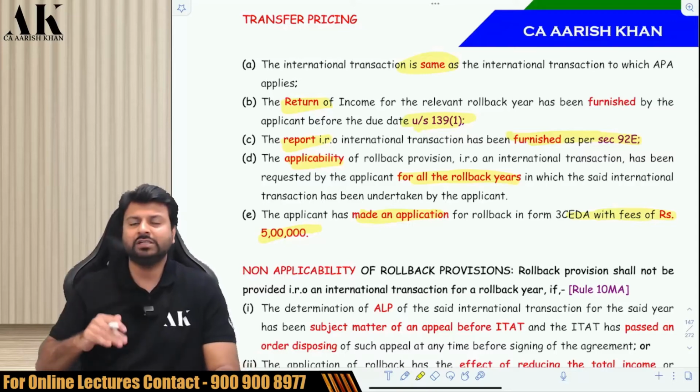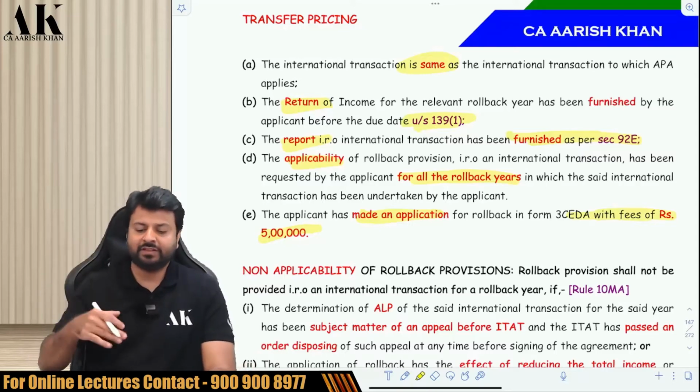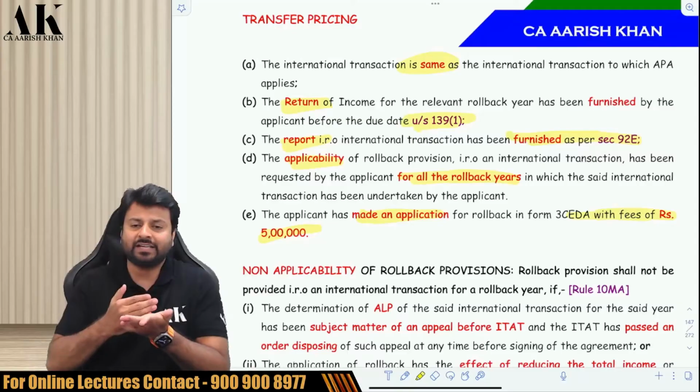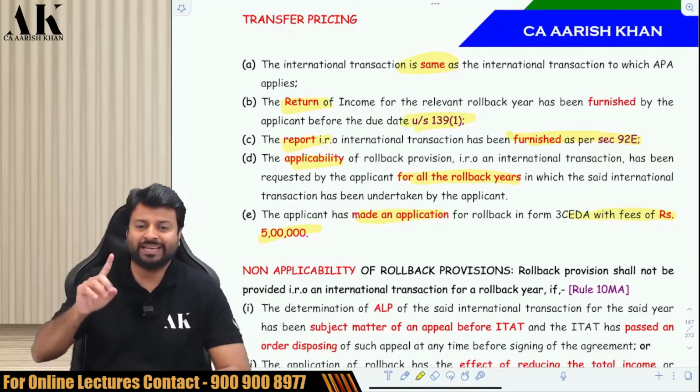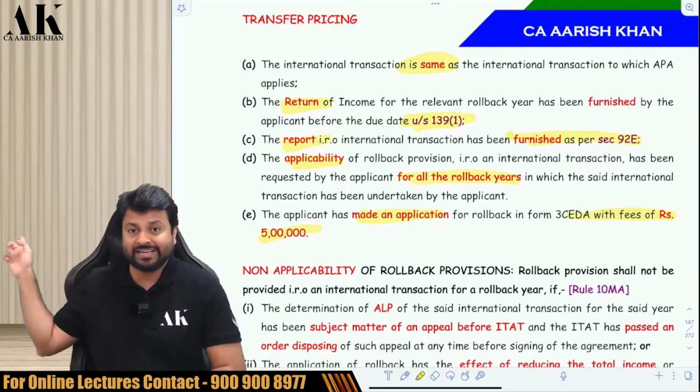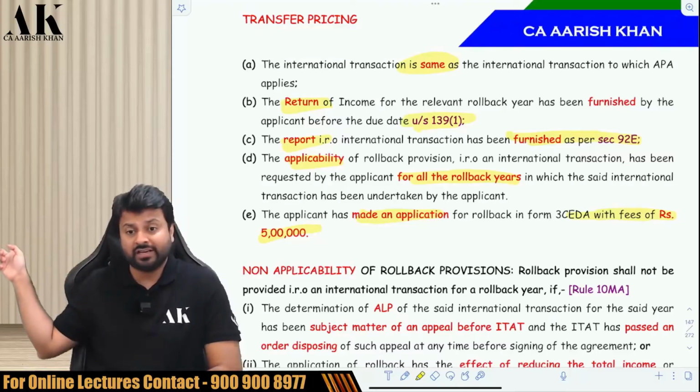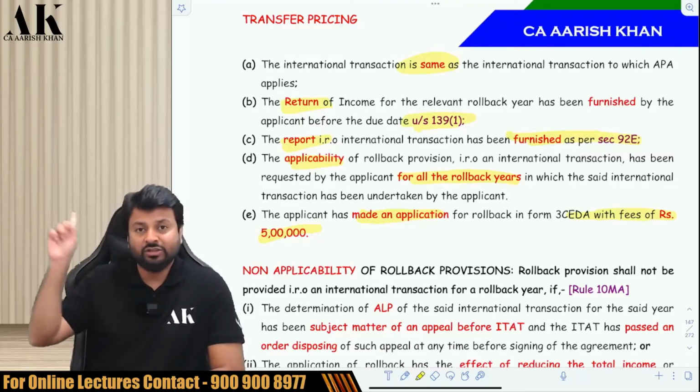So what can you get? You can get the rollback benefit if you fulfill these 5 conditions. What are the 5 conditions? The international transaction of the future year and the past year has to be the same. The return has to be filed for the earlier years on time. The report of the earlier years should also be filed as per 92E, and you should make an application for